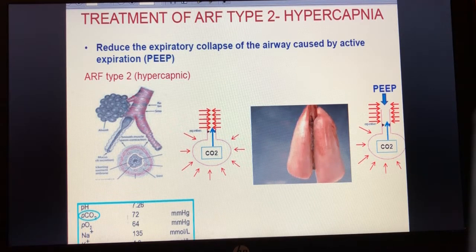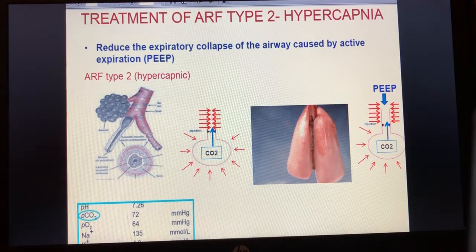In young infants, the use of PEEP is enough to keep the airways open and patent, because we said already that there's increased elastic recoil in the lungs of infants, so we can exploit that property by giving PEEP and keeping the airways open, and that's nicely represented in the two pictograms. The left-hand one shows CO2 trying to get out of an alveolus in expiration, but the airway collapses and so there's not much movement, whereas on the right-hand one, with the use of PEEP, you keep the airways as well